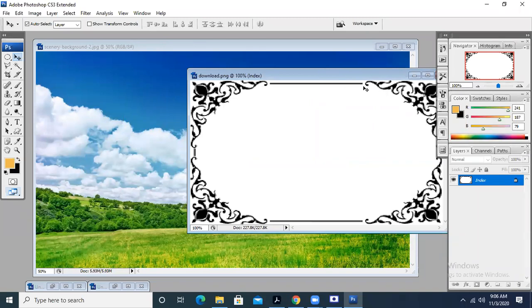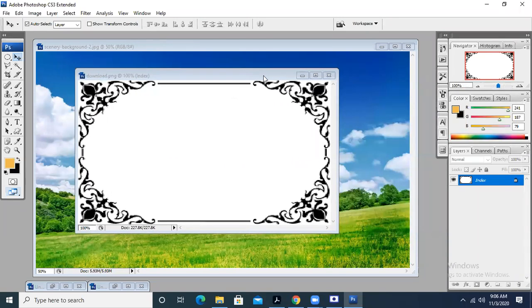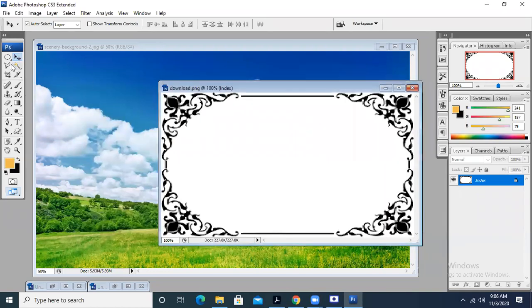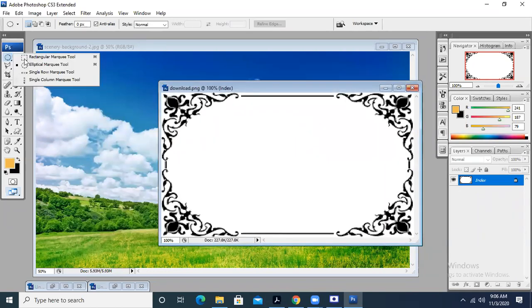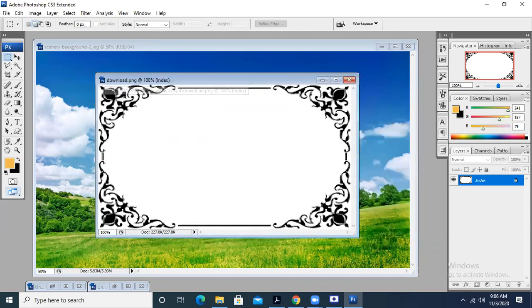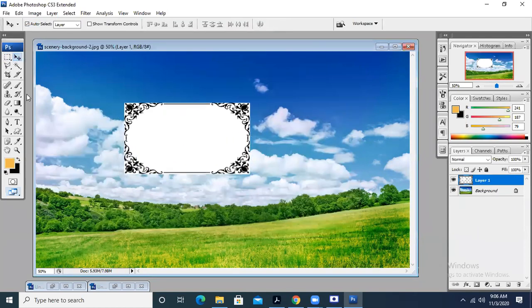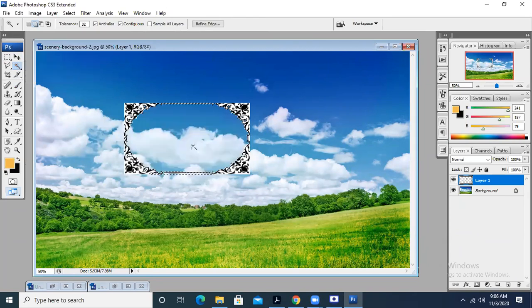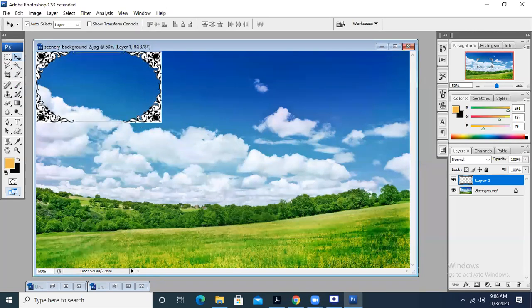we can use this border by selecting the border and we can place it on our image. How we can do this job, we will have to select the complete border in this way. We will drop it to our image. This is the image. We will take the magic wand tool. We will drop the extra color available over here. Press Ctrl D. Now this is the border that you want to place in your image.